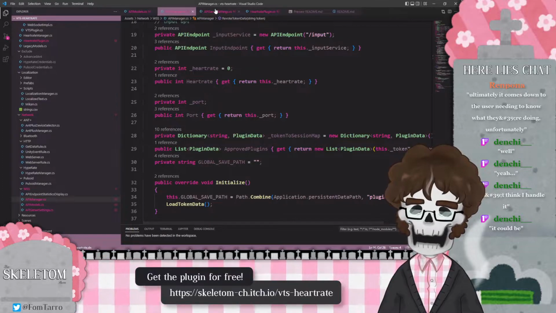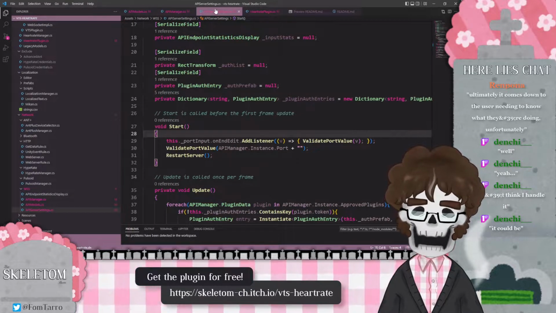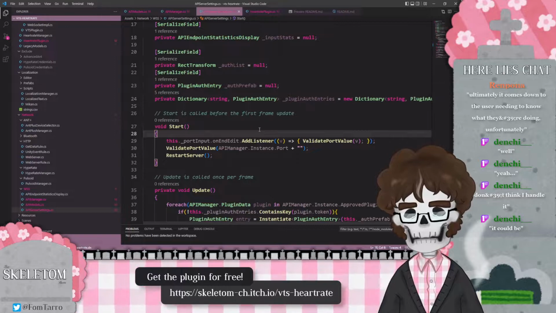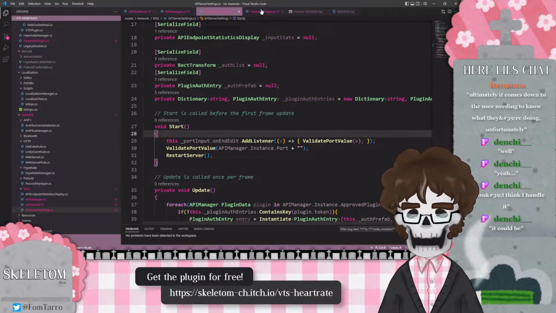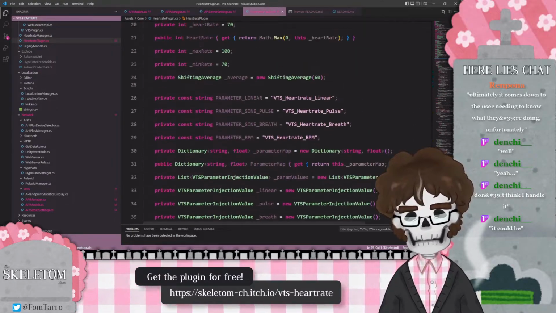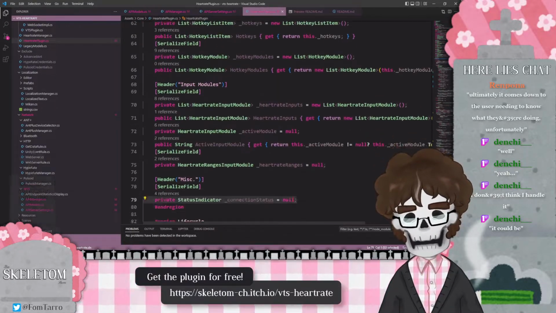So I think what I want to do, if I want to make it remember if the API is started or not every time it starts up, I would do that from, I think here is currently where all of the save data, this is built like such a piecemeal,